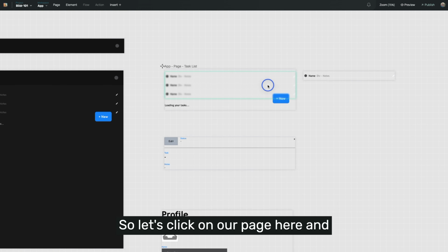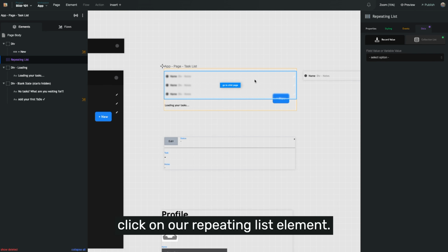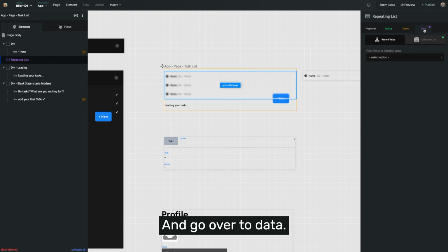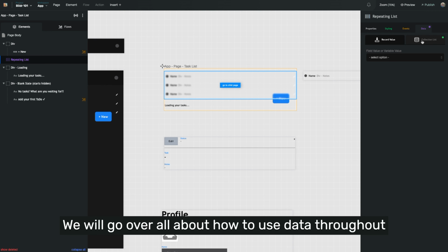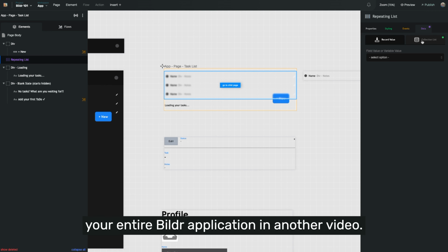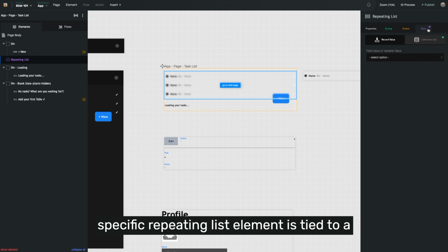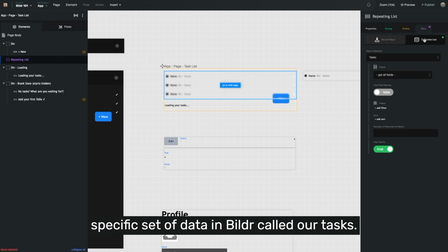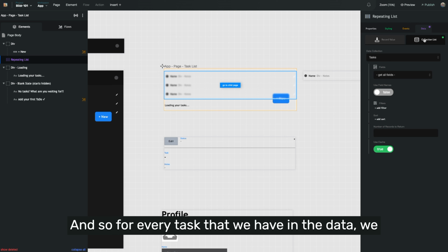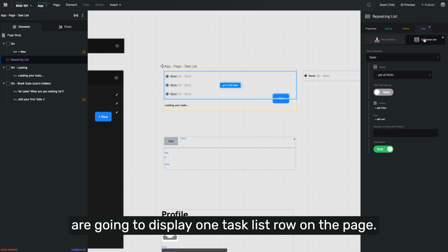So let's click on our page here and click on our repeating list element and go over to data. We will go over all about how to use data throughout your entire Bildr application in another video. What I want to show you is that this specific repeating list element is tied to a specific set of data in Bildr called our tasks. And so for every task that we have in the data, we are going to display one task list row